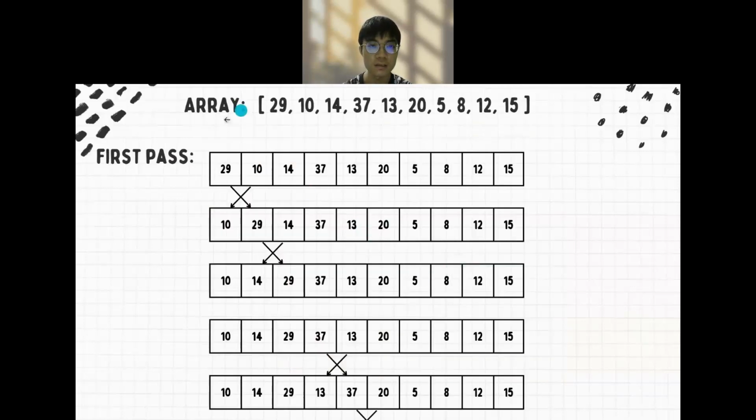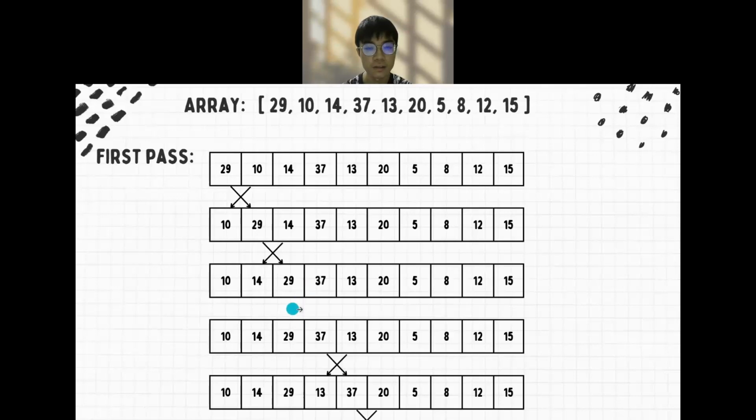So this is the unsorted array given. We will try to sort this array in ascending order. At the first pass, we compare the first two elements. Since 29 is greater than 10, 29 is swapped to the right. Then we compare 29 with 14, and since 29 is greater than 14, 29 is swapped to the right. Then we compare 29 with 37, since 37 is greater than 29, and they are in sorted order,